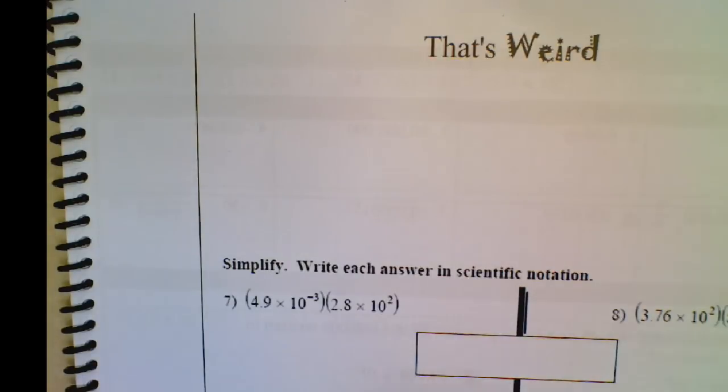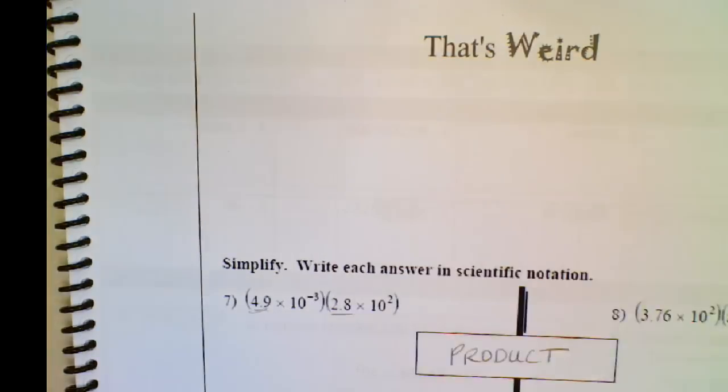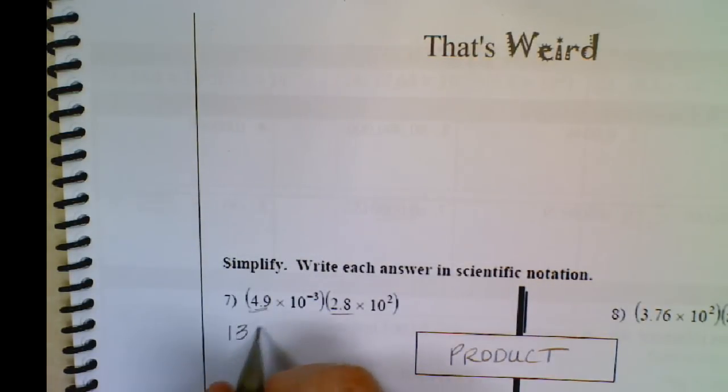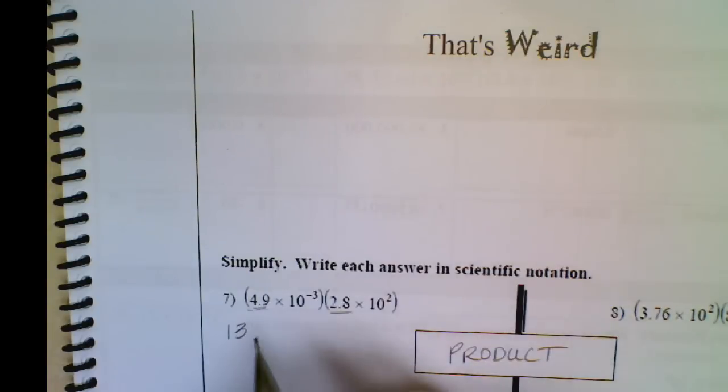So let's try here. First we've got the product property, right? We're multiplying one exponential expression by another. So what you're going to do is multiply the coefficients first, okay? And this is a good time to use your calculator. You can multiply this by hand too. 4.9 times 2.8, and you get 13.72. I really apologize for my miswriting today, you guys. 13.72